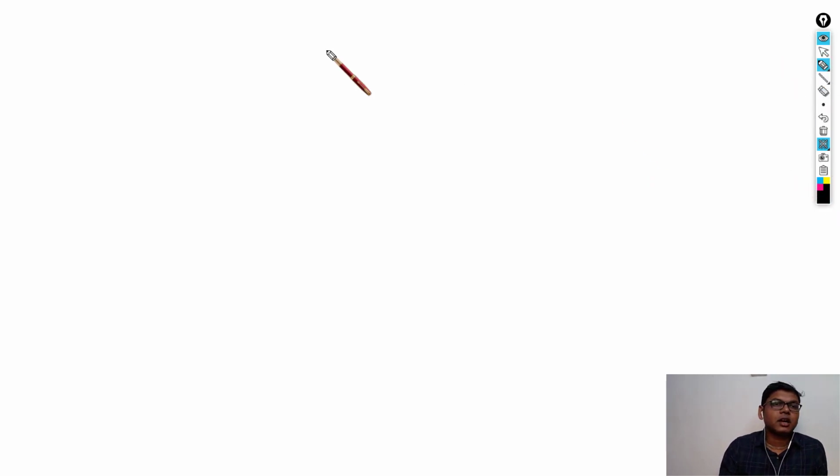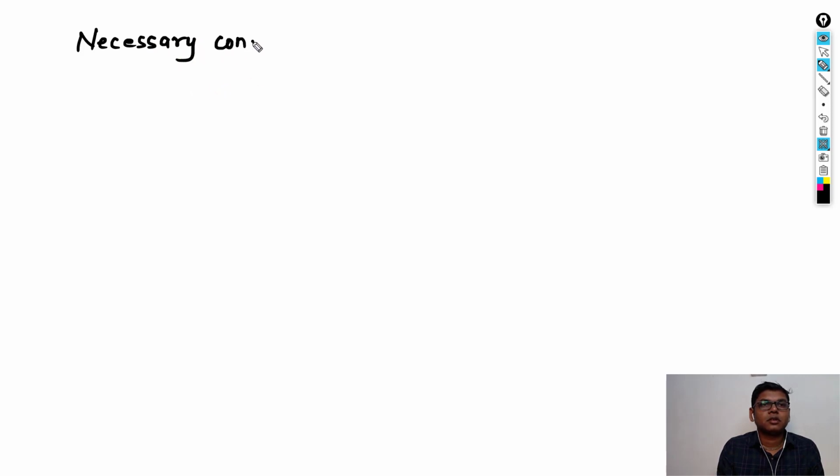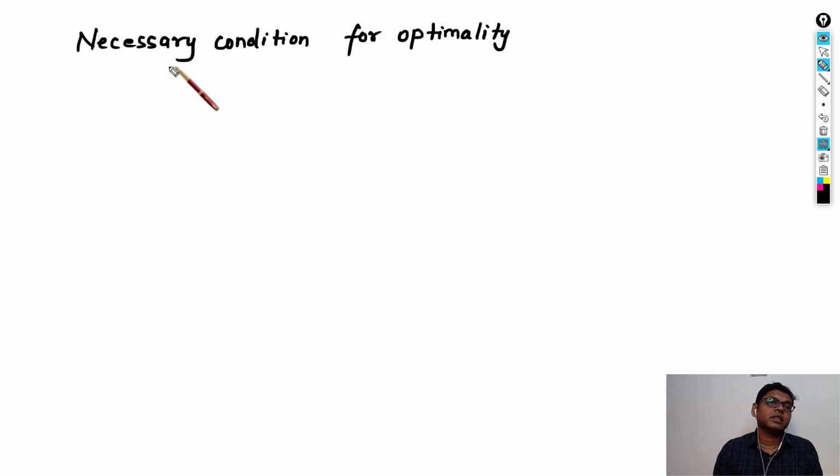So let's start. What is the necessary condition for optimality? Optimality means either maxima or minima. So what is the necessary condition? The necessary condition is